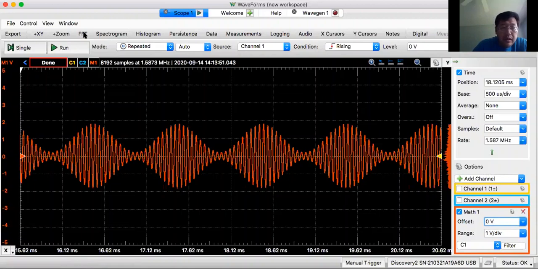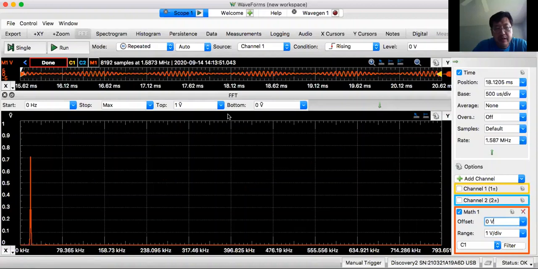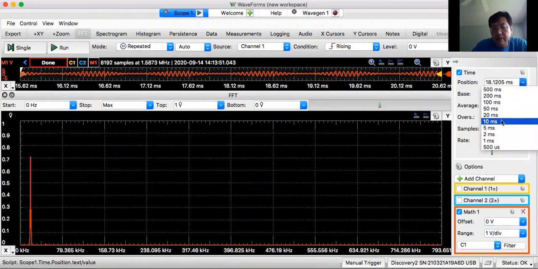So how do we do it? Actually, with this system, it's very easy. All we need is a spectrum analyzer. Fortunately, we have it right here. So this is the spectrum analyzer, and it will find the spectrum